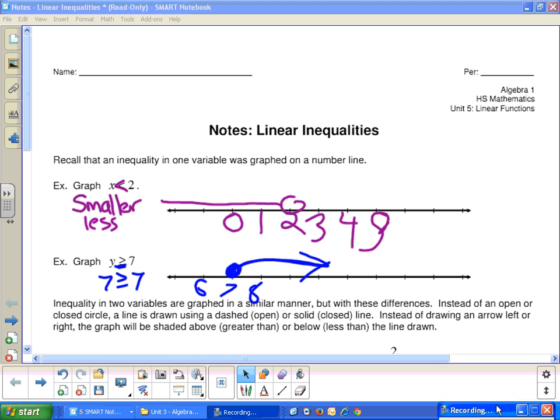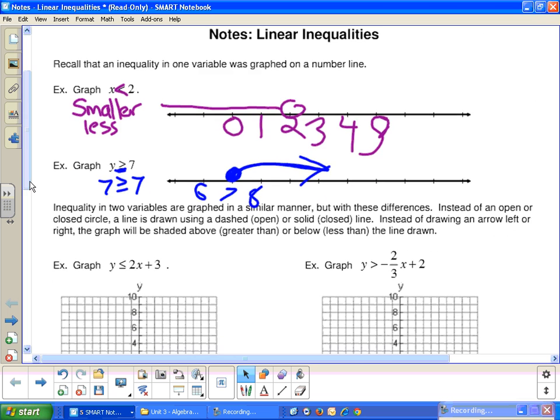What we're going to do here is we're going to do it in two variables, which means y and x. So just like we've been graphing lines, we're going to do the same thing. Where's across the y-axis? What is the slope? Is it went up or down? So on. The difference is with this, where we had an open circle,